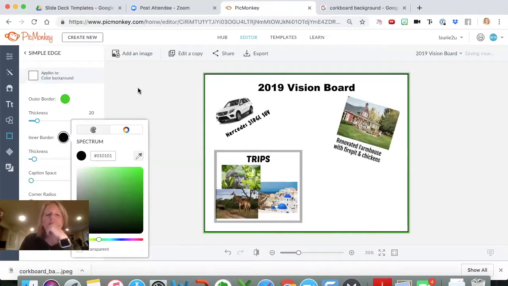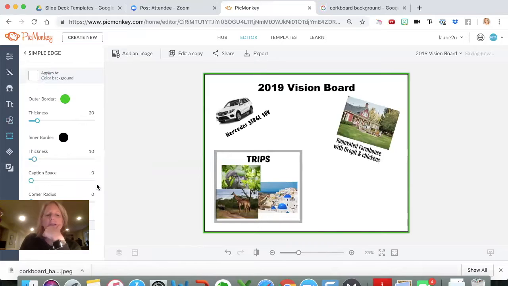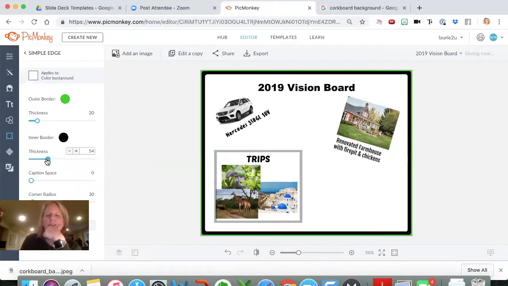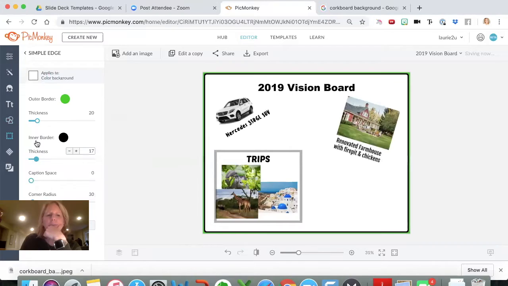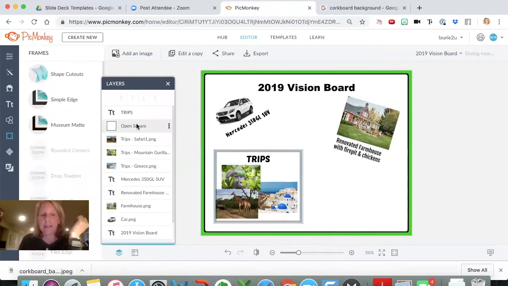So you can get all fancy here. You can also have the edges be more soft, corners. You can also have it be thicker. So the outside can be bigger and the inside just lighter. So that's a lot of fun to do, the frame around it. And that doesn't take up a lot of ink.